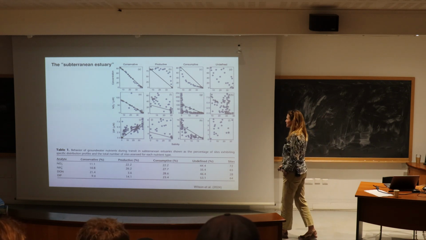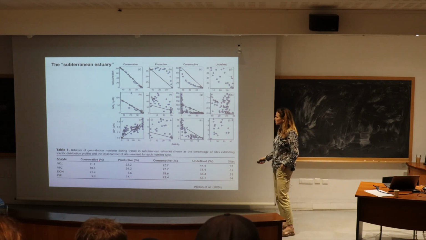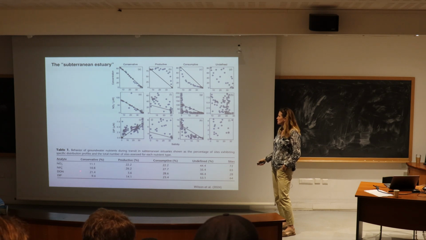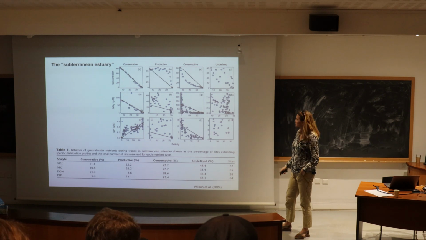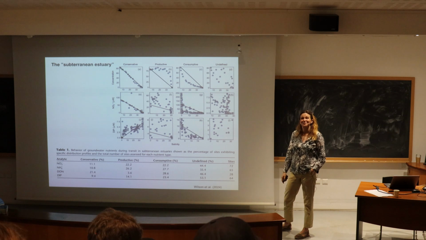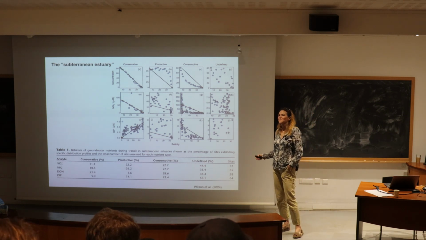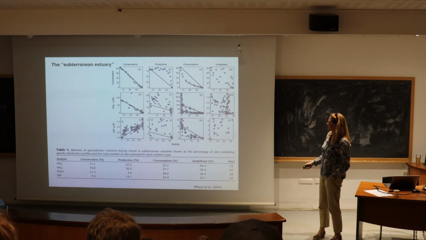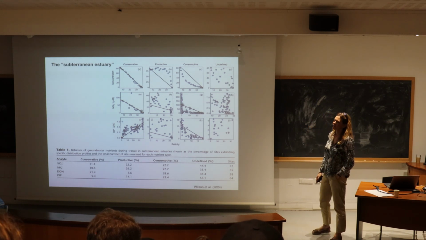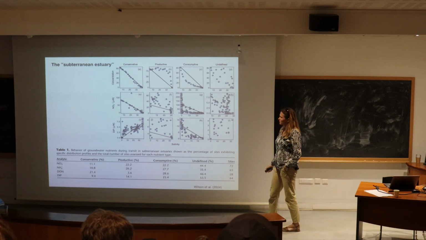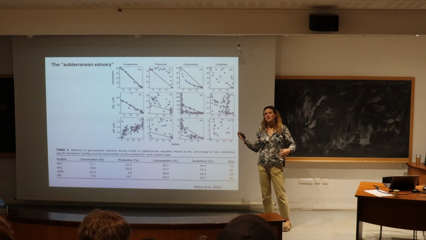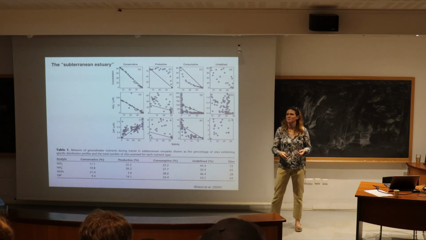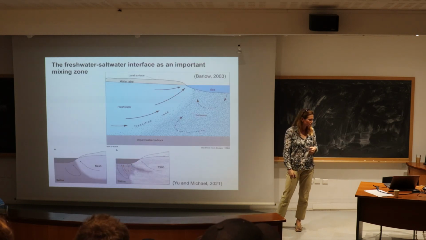And what they found is that a relatively small portion of all of the sites that they looked at were conservative with respect to nutrients in different forms. But a lot of them were productive or consumptive, and so there's a lot of work to be done to figure out why the subterranean estuary might be, say, a producer of nitrate in one place versus a consumer of nitrate in another place. But this was one of the first times anyone had tried to look at how transformative these environments are in a holistic global sense.